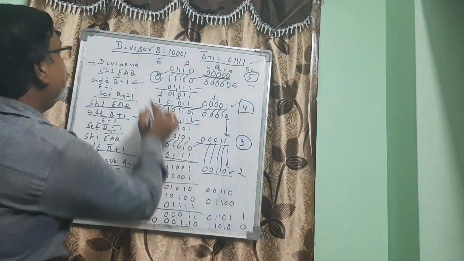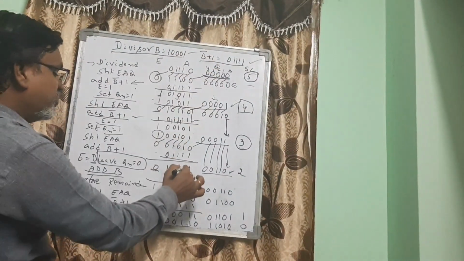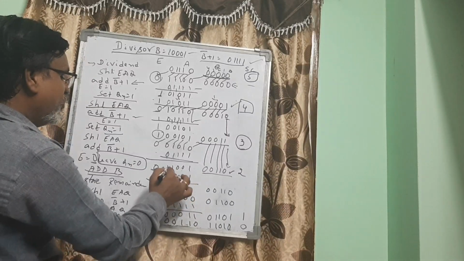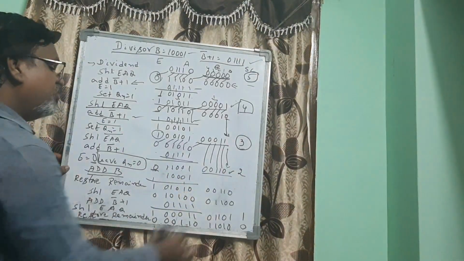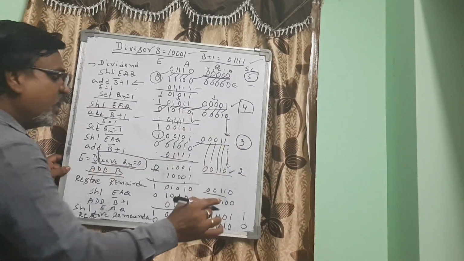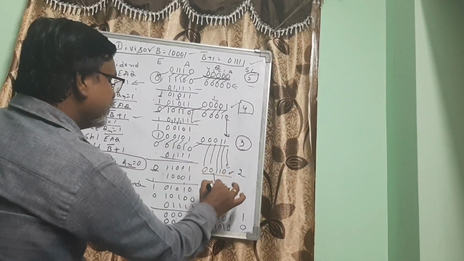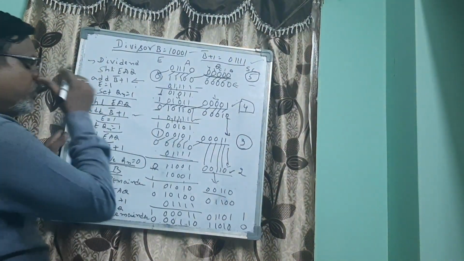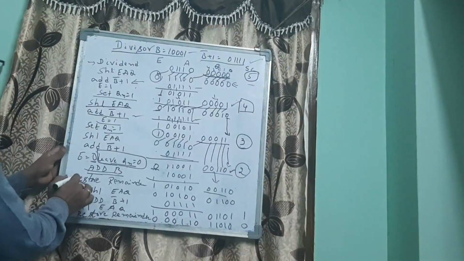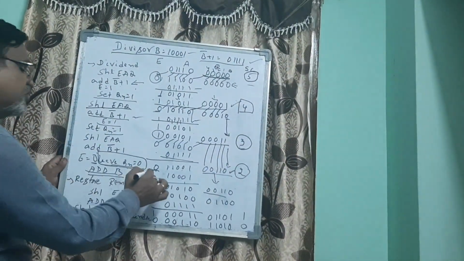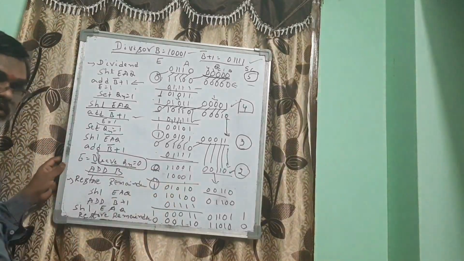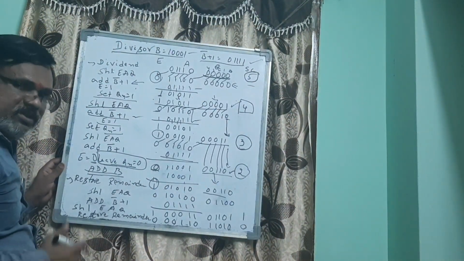So here B is added. So now 1 plus 1, 1, 0, 1, 0, 1 plus 0, 0, 1 plus 1, 1, 0. So now as I told you, leave Qn. So nothing is there. That's why this Qn comes down as it is. So here as we told you, decrementing this one becomes 2. Here restore remainder. So whatever 0 we got there, 1 will be restored. As I told you, this is the restoration process of this algorithm.